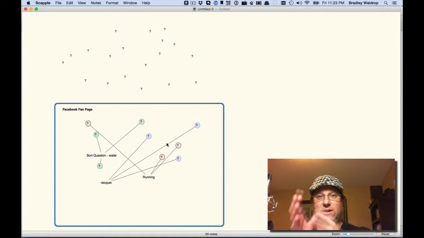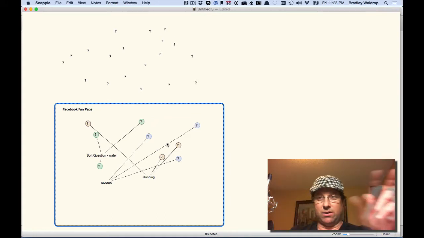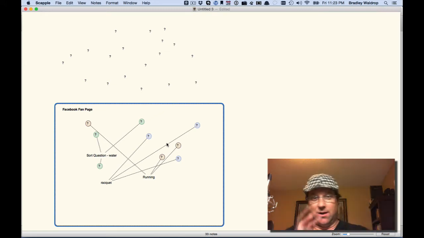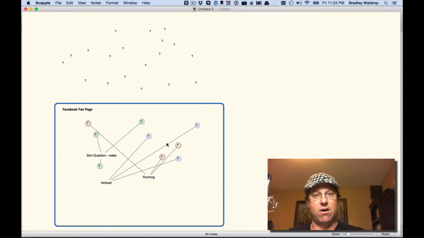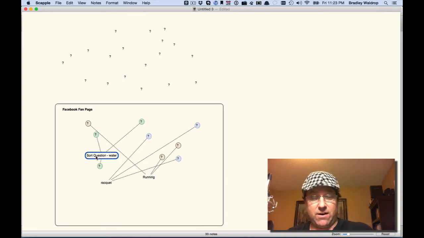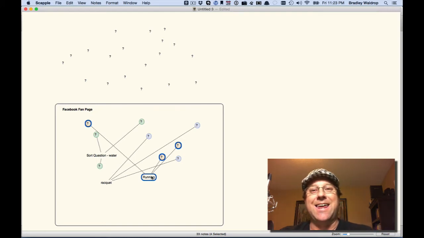Because we could get them into a funnel of some sort, and sort of use a Plinko game to get them into the right hole at the bottom of the board, or we could be very strategic about segmenting these people and then messaging to them and getting them right down to the offer that we're most interested in having them see, right? And so if I had a way of very quickly identifying just the water people or just the racket people or just the running people, I could then have an effective marketing campaign and engage the people who are on social media in a way that helps me get more